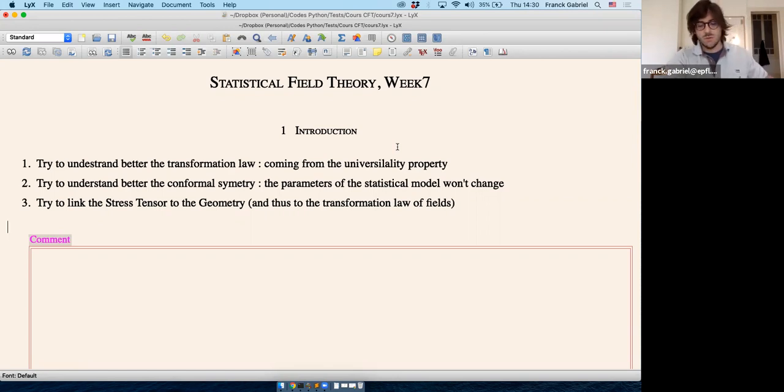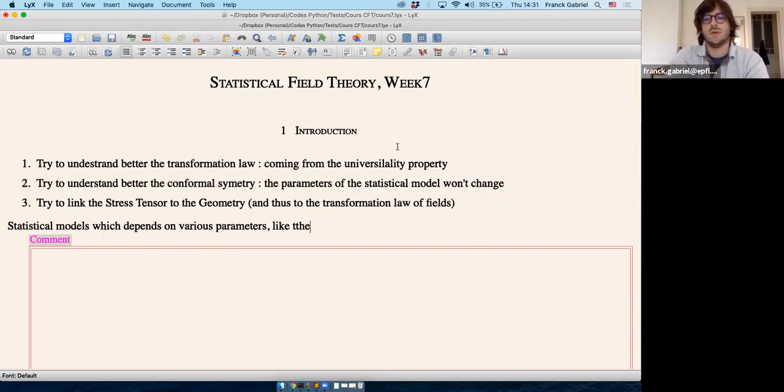Okay, so we are going to consider a statistical model which depends on various parameters, like for example the temperature. So we are going to assume that there is a statistical model, and I will explain it through examples, and we'll have some parameters. And we'll consider statistical models which have a certain property, which is that